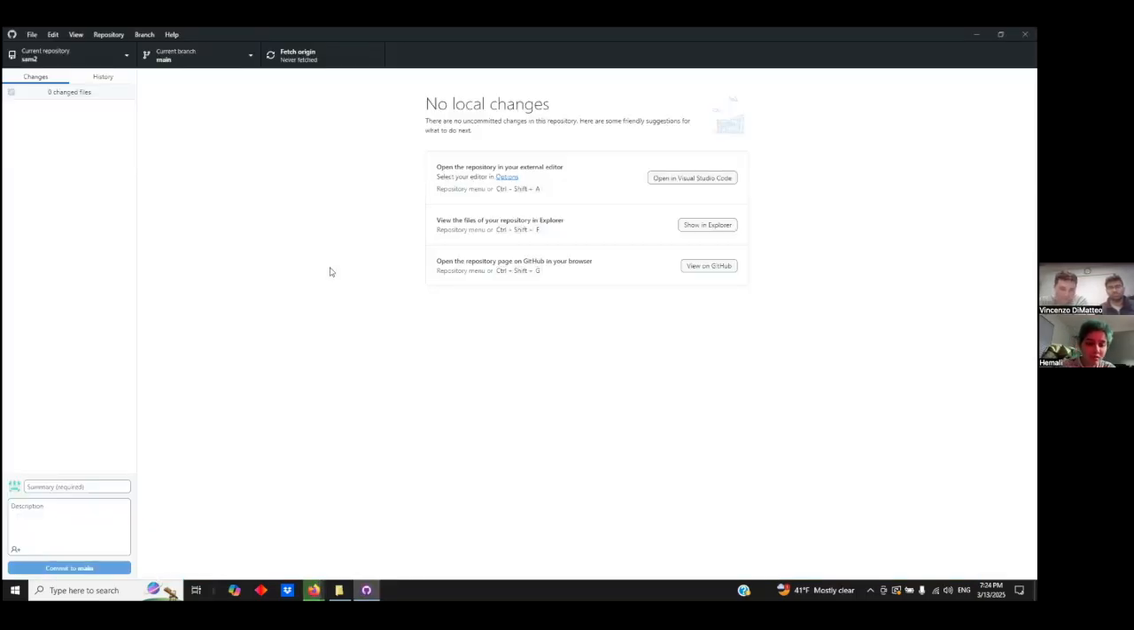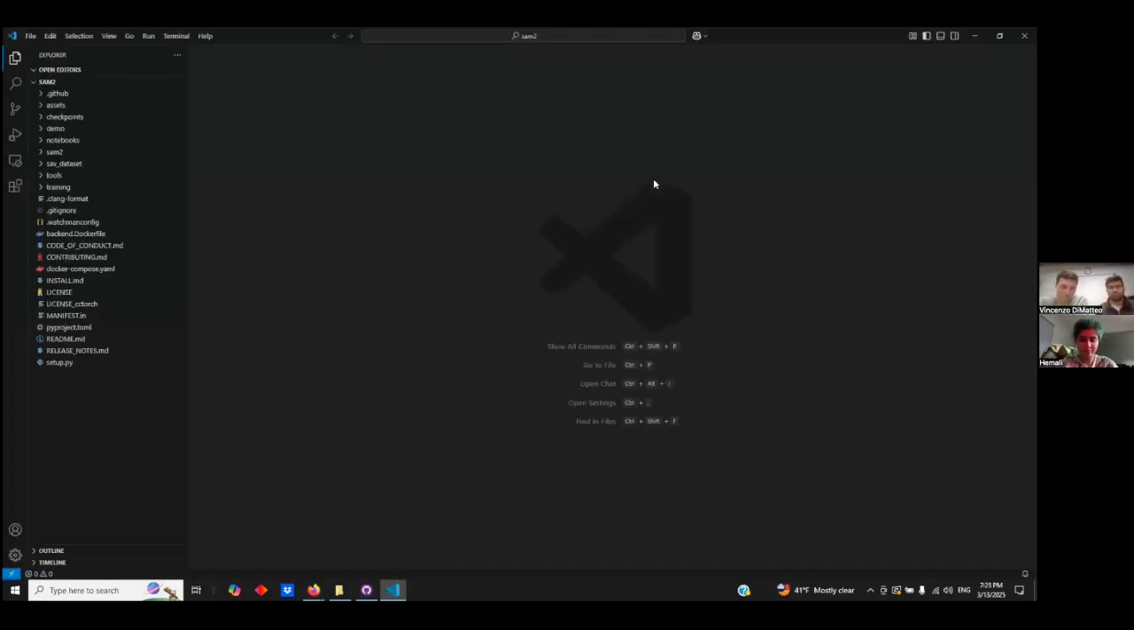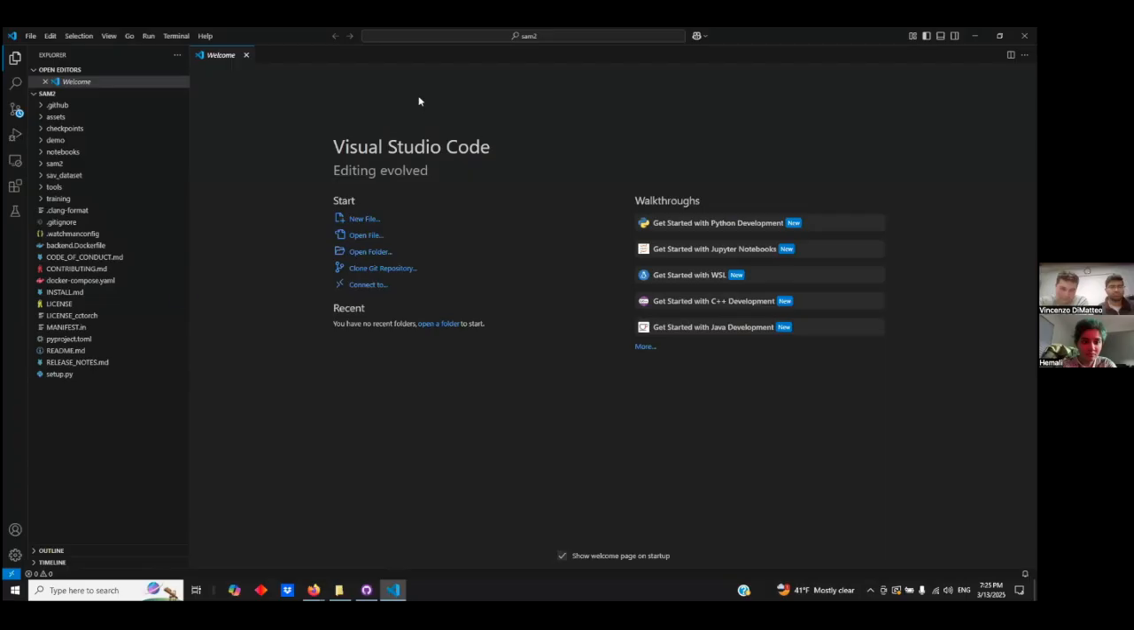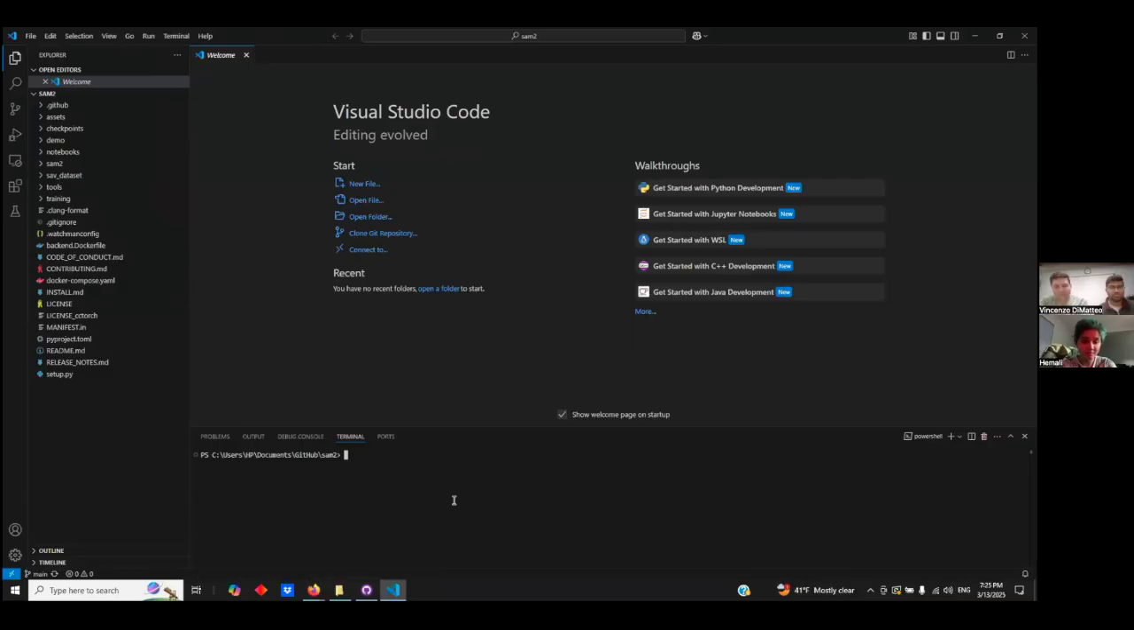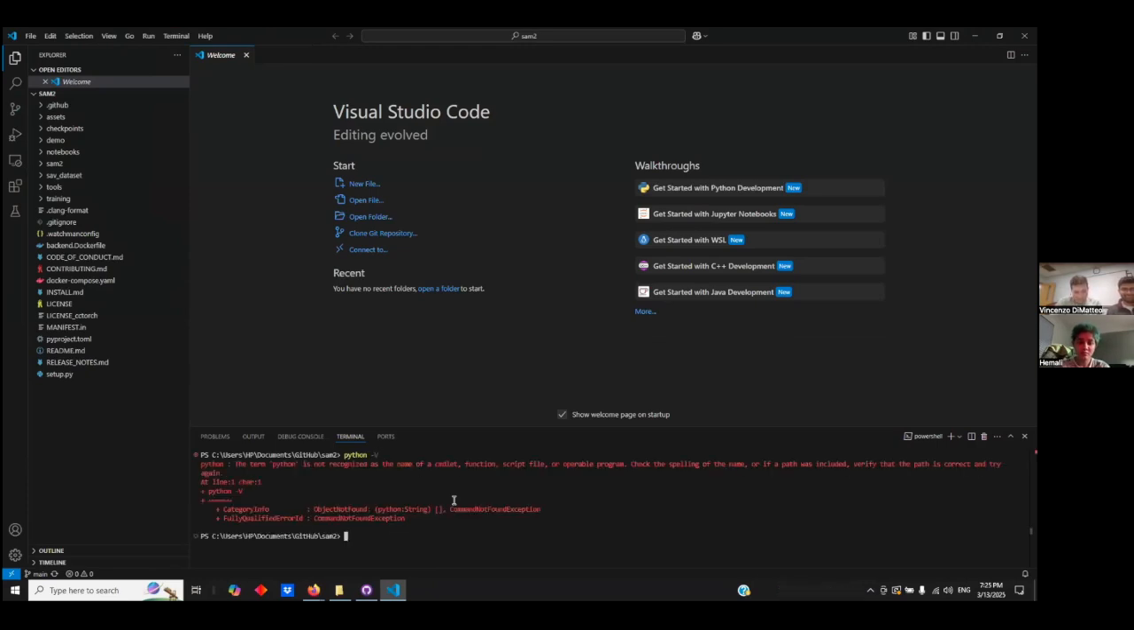Awesome. So the repo is set up. We're going to go into here and select Open in Visual Studio Code. So this is your environment. We're going to go up here and select Terminal, New Terminal. To ensure Python is installed in our Windows environment, we can type python space -V, a capital V. It is